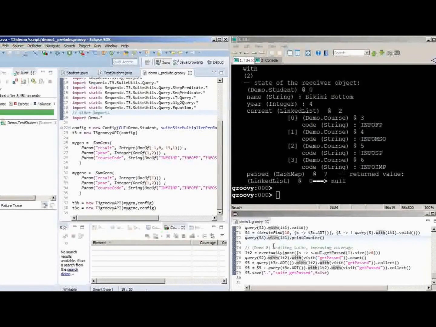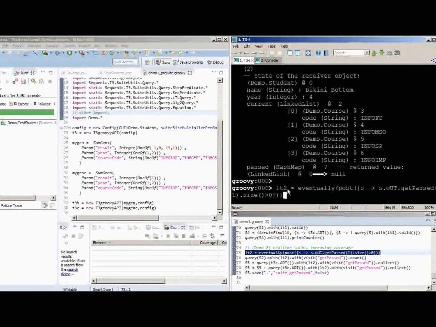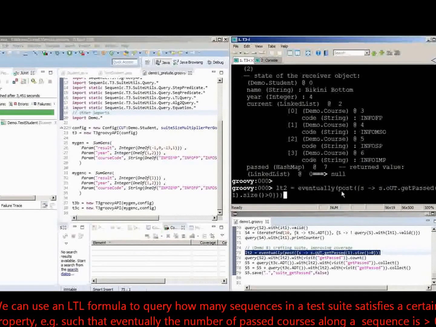Let's do this query. So let's check whether... hold on. I'm going to write another LTL formula. Let's call it LT2. And it's going to be true on any sequence where this predicate here eventually holds. And this predicate here says that, well, the student under test